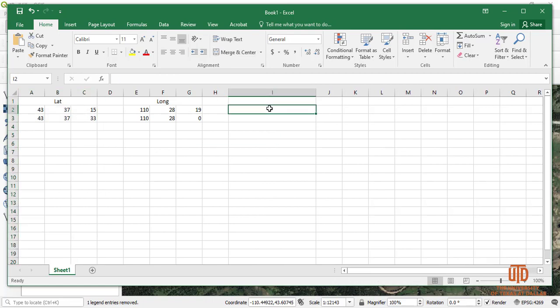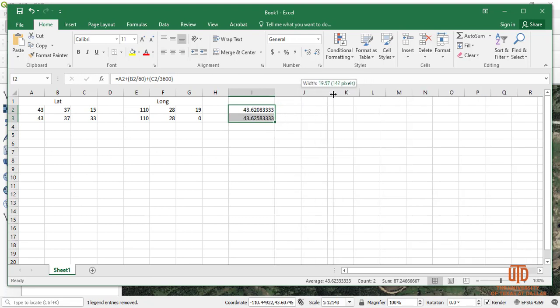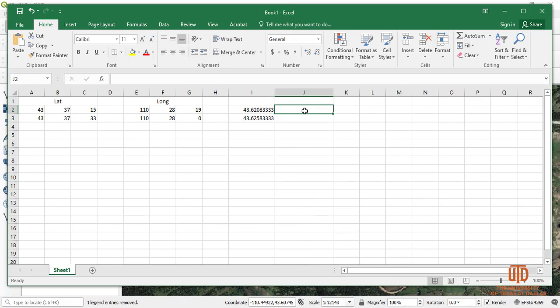Okay, for doing that, you should say the degree plus minute divided by 60 and second divided by 3600. Okay, so now this point is converted to the decimal degree. So let's do the other one. This is equal to this cell plus this cell divided by 60 plus the next one, right, divided by